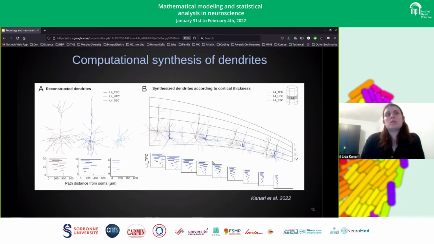So this is in order to make sure that the shapes that we generate artificially follow the properties of single neurons within the brain. However, that's not sufficient. That's not really what we are aiming at doing. What we want to do is to be able to manipulate the barcodes in a way that we can generate shapes that we are not able to get examples from. And a very, very easy illustration of that is